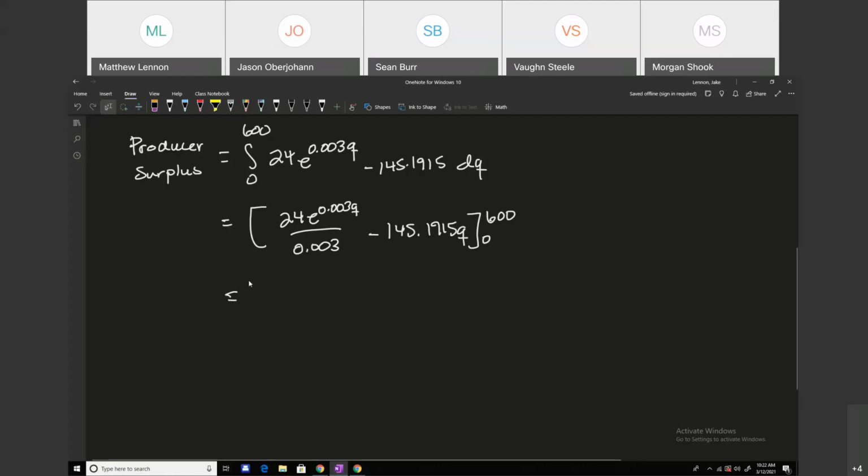Let's plug these both into the calculator. e to the 0.003 times 600 divided by 0.003 minus 145.1915 times 600. So I might have done this backwards. We'll see. I'm getting minus 38,717.72 minus